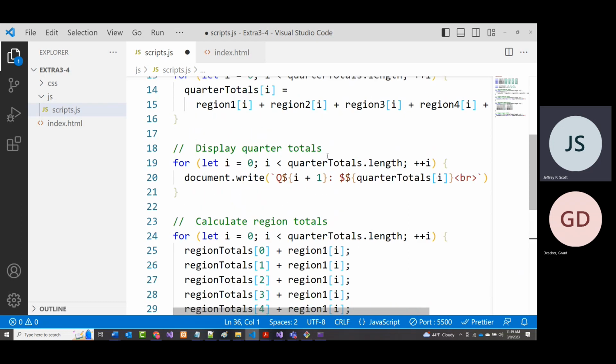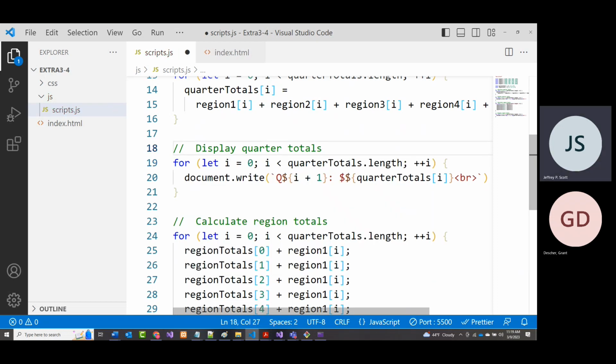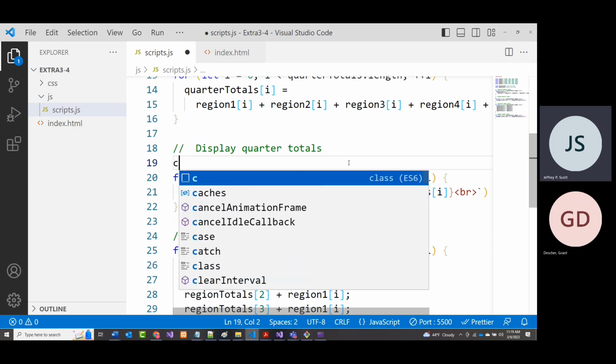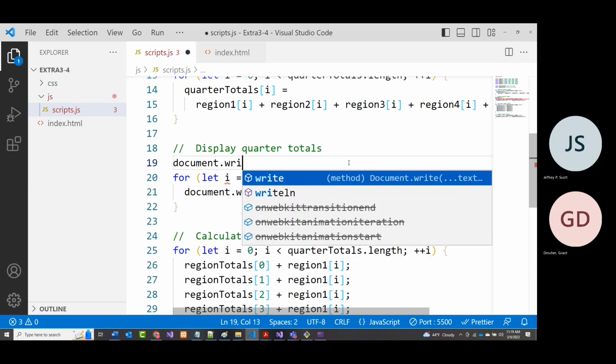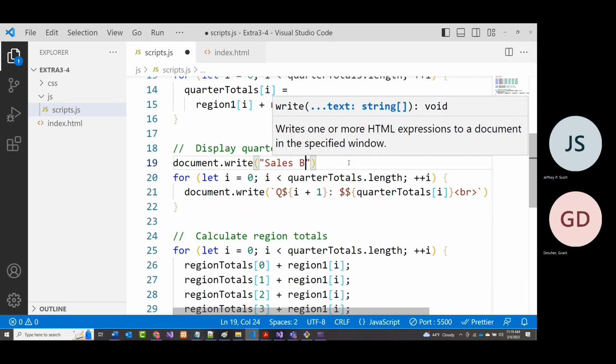And the other one, I should have had a heading first. So let me put in here an H1. In fact, not in there. I'll just put in this document.write, and we'll put in sales by quarter. All right. And we'll make sure that afterwards we'll put in a BR tag. All right. And then the other one,